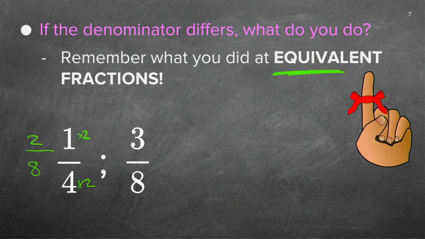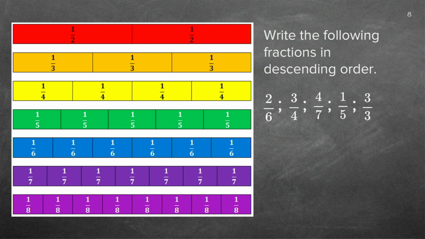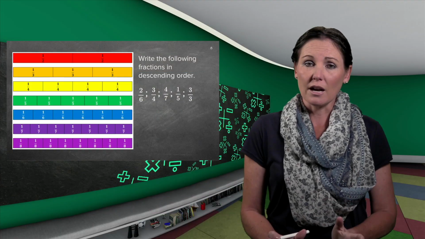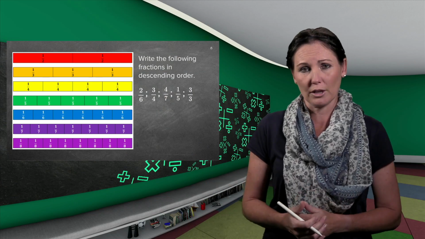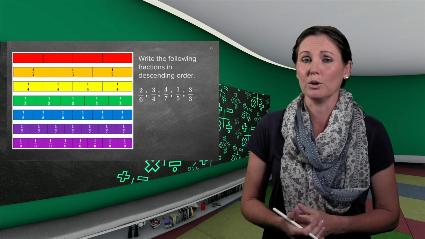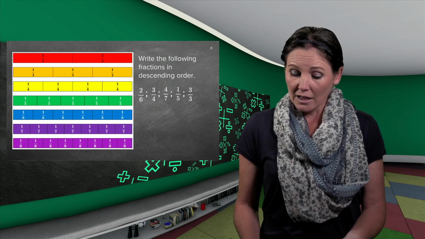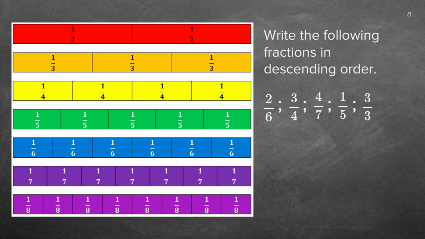And now I can say what is the greatest or what is the smallest fraction. It's very important to make sure that your denominators are the same. In grade 4, they like to use the diagram of the fraction wall to help the grade 4s. Remember, you're coming from grade 3 now. It's your first time in grade 4 working with common fractions. When they tell you, write the following fractions in descending order, now, descending means going down. So it's from the biggest to the smallest.